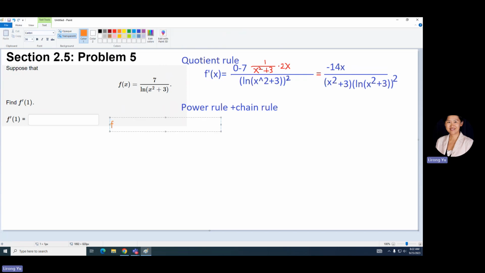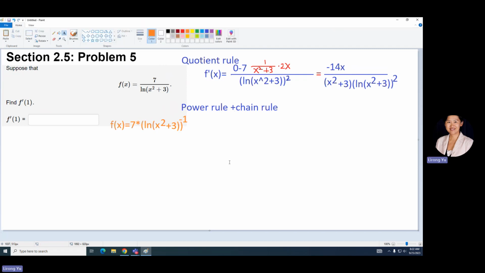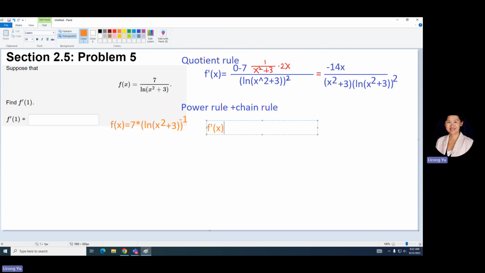The function f of x, the original function, equals 7 times the logarithm ln of x squared plus 3, and then the logarithm is in the denominator, so it's just the power of -1. A division can be written as a power of -1, and that way you can start using power rule for the derivative. So according to power rule, f prime of x would be equal to, we're applying power rule,